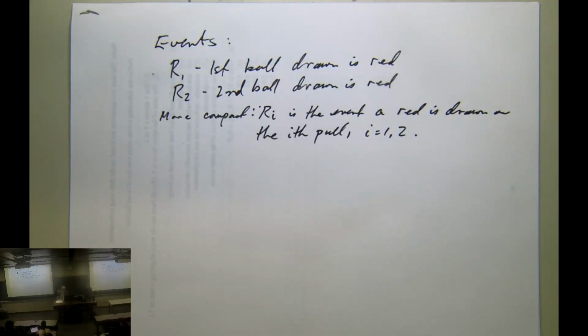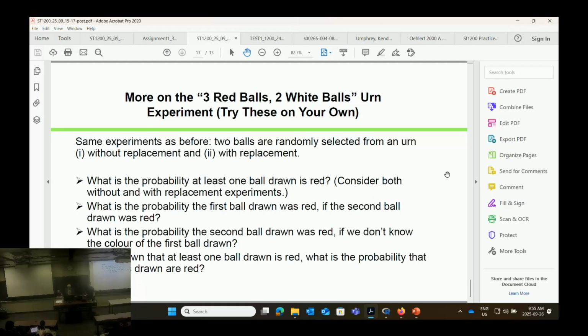So let's go back to what that question was. If it is known that at least one ball drawn is red, what is the probability that both balls drawn are red? So what we've got to be able to do is translate this to a probability statement. And what we know,